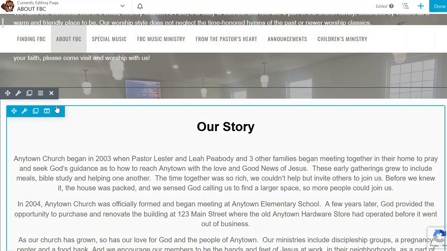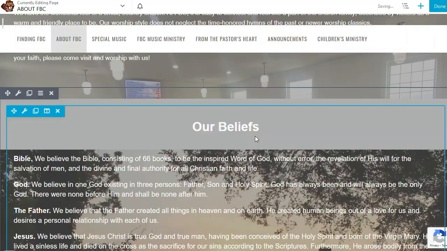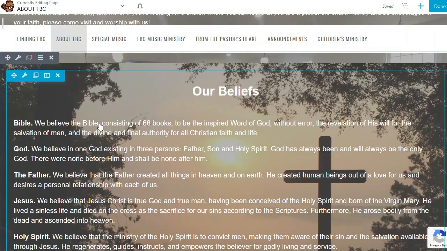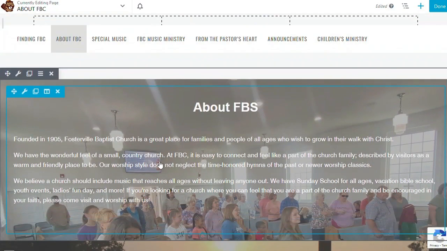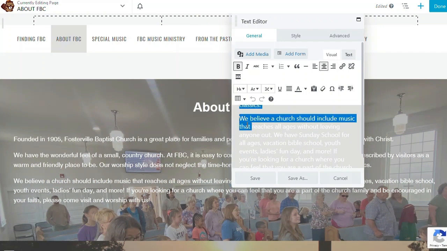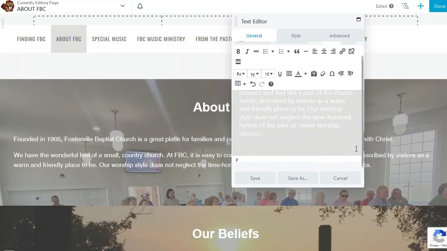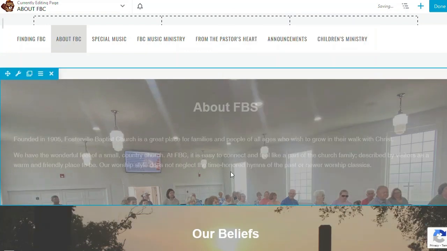So all we have to do is get rid of this column by clicking the X on the outside, and there we have it. So then let's see, our beliefs, they have that written here in the About part. So let's just grab that from here, the About part. We'll just make sure we only grab that part here. We're going to cut, save that part,